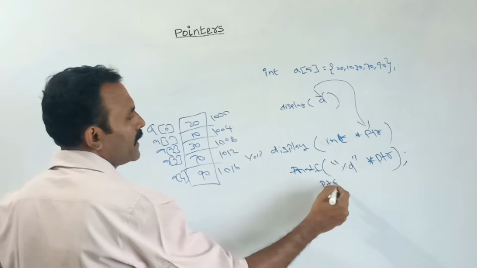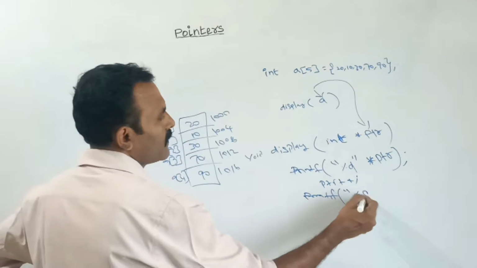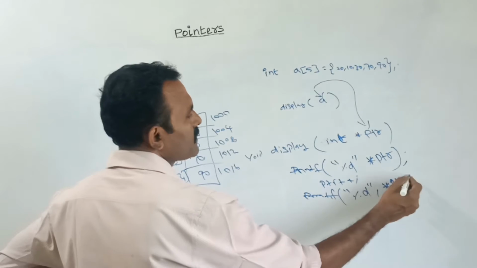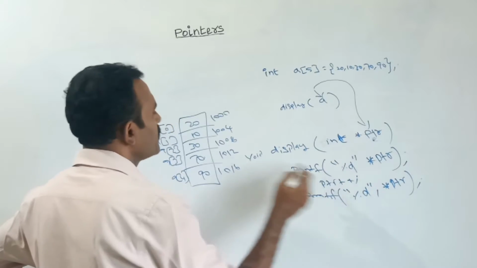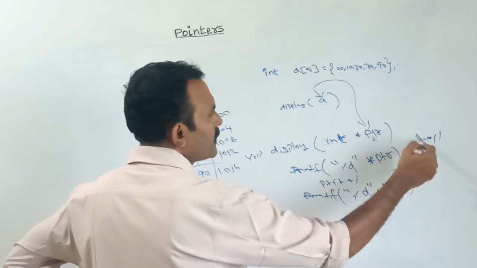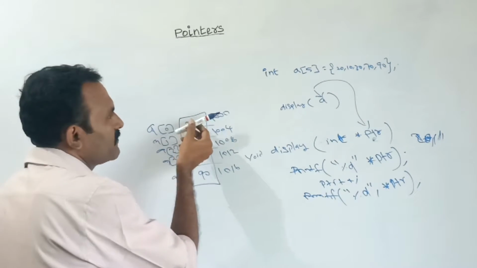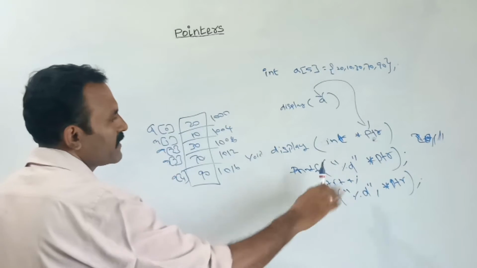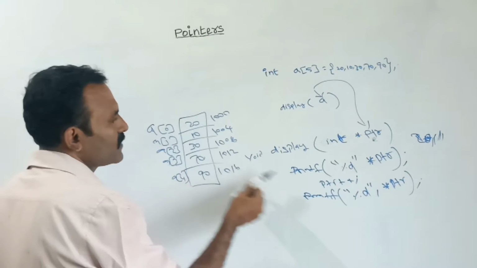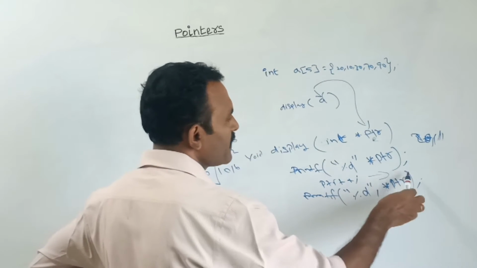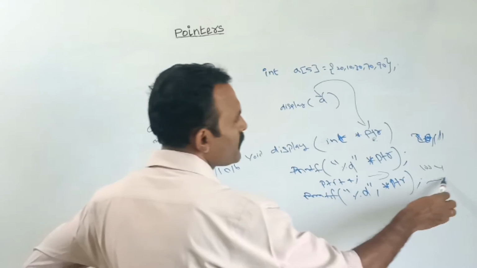Suppose I increment this pointer and again give this printf statement, printing the value at this pointer. The very first time the starting address was fetched, and I told it to print the base address value, so the element 20 was printed. Next, after incrementing, it moves to the next location. Each time, depending upon the data type, the pointer variable will increment its value. So it will increment by 4. From 1000, the next increment, now the pointer variable will have 1004. So at the 1004 location the value is 10. Here it will print the value 10.